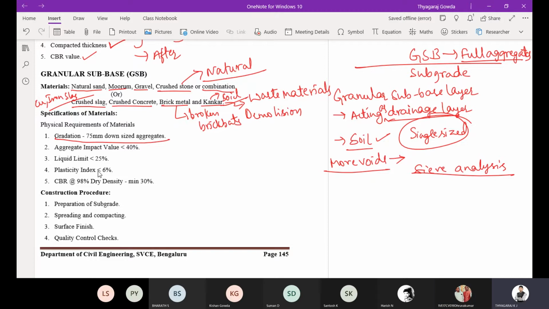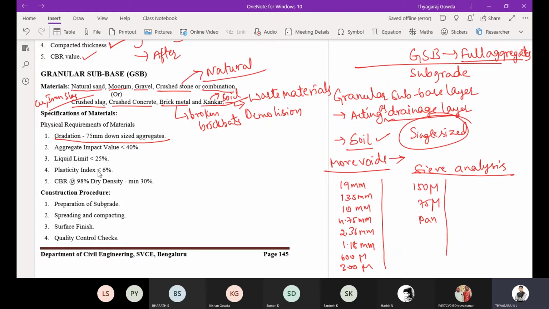In that, there are various sieve sizes: 19 mm, 13.5 mm, 10 mm, 4.75 mm, 2.36 mm, 1.18 mm, 600 micron, 300 micron, 150 micron, 75 micron, then pan. So these are the sieve sizes we are going to collect.